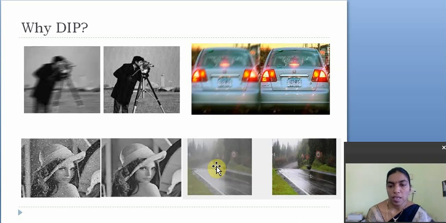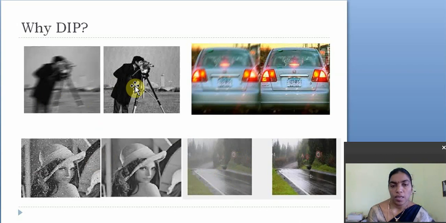That means this is a rainy image, right? Due to the rain, we cannot see the signboards. So in all of these, we should improve the quality of the image.